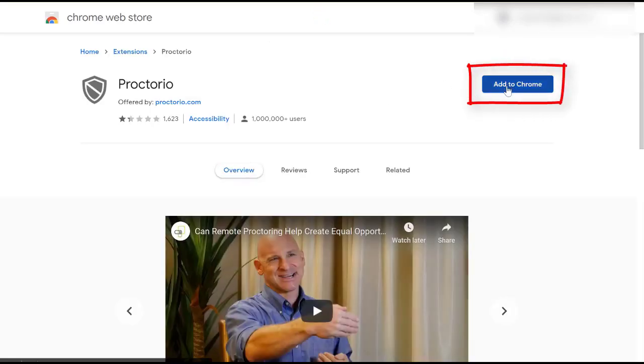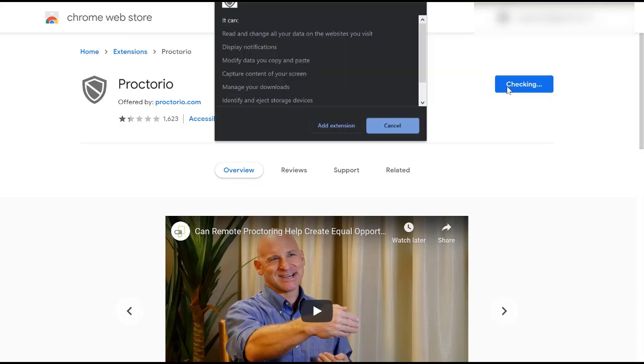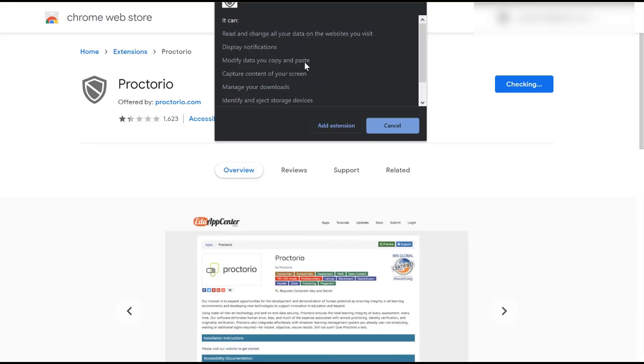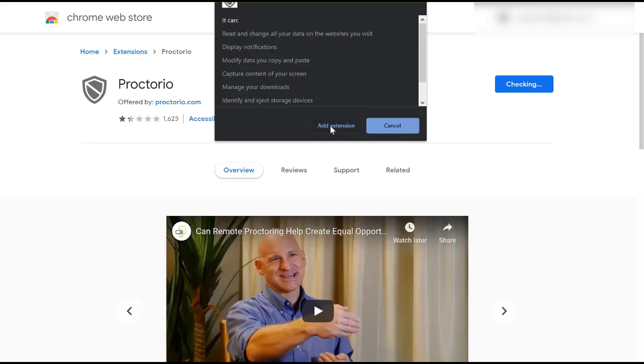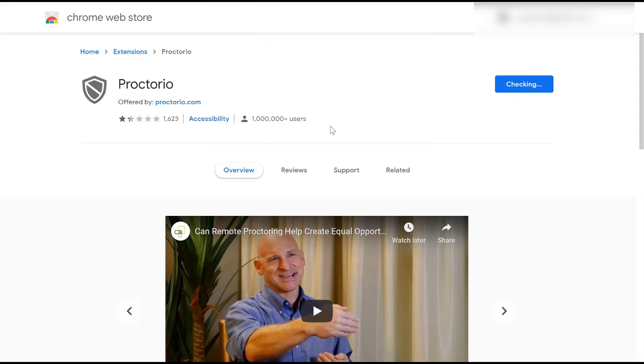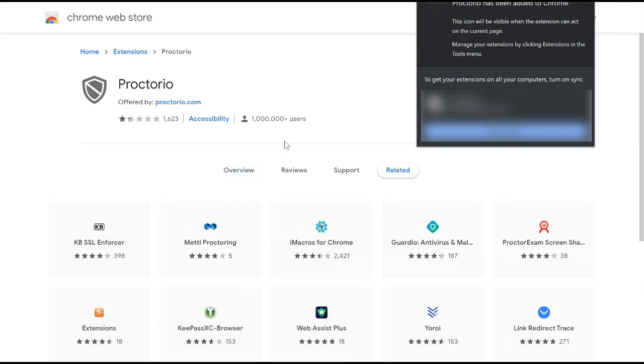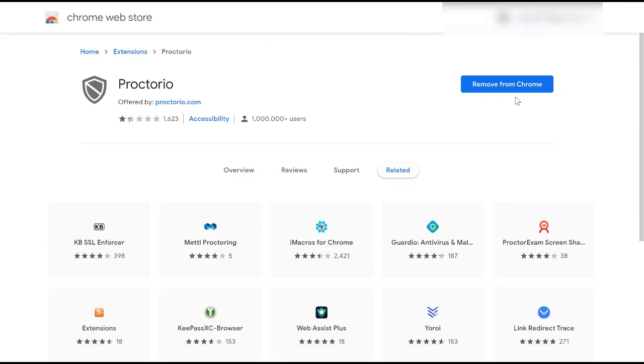Got a little Add to Chrome button right here in the right hand side, so I'm going to select Add to Chrome. It's going to check to make sure it's not installed again, and then you need to give it permission to add the extension. It'll take just a couple of seconds for it to load, and now Proctorio has been loaded. It tells you that it's been loaded over here, and you can see that it's there, and it says remove